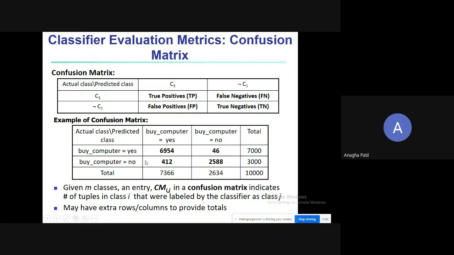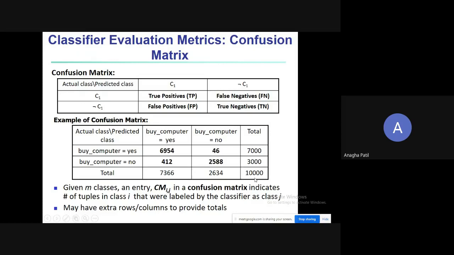And in this slot, where buys computer is equal to no, negatives are incorrectly classified into positives, so these are our false positives. Together, all the positive tuples are P and all the negative tuples are N. P plus N gives us the total number of samples.